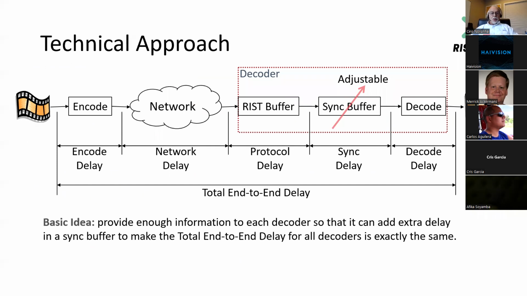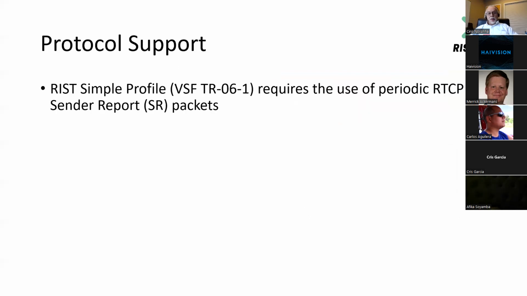So how is RIST doing that? It's pretty obvious. If you want to decode in synchronization, you need to make sure that the end-to-end delay is the same between all encoders and decoders. So you add some additional delay to make sure that everything lines up. This is not really conducive to very low latency, because you're going to add latency. Basically, everybody needs to match the slowest link, so everybody has to align with that. So we make the end-to-end delay all the same.